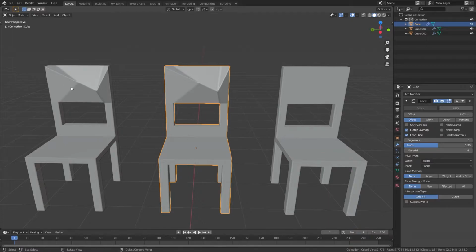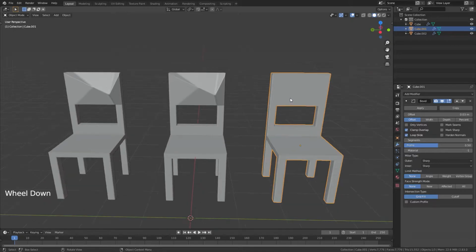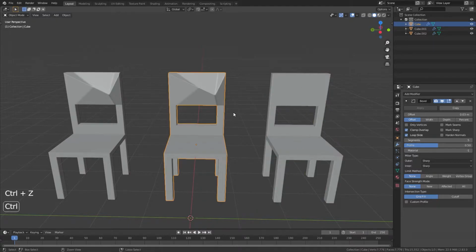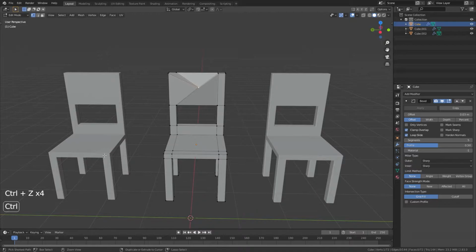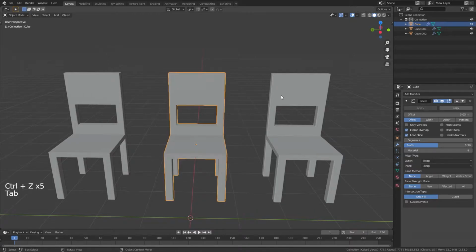This one we created with Alt D, and this one that we created by Shift D is not changed, because there is a link between these two objects, and whatever we edit in this object, this will change too. But this one doesn't have a link with the main object. Okay, with Ctrl Z we go a few steps